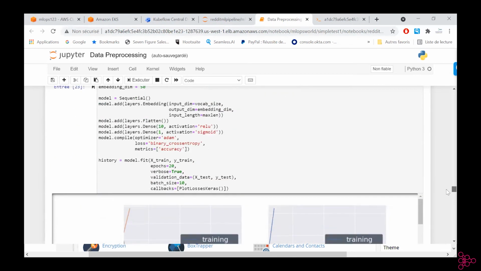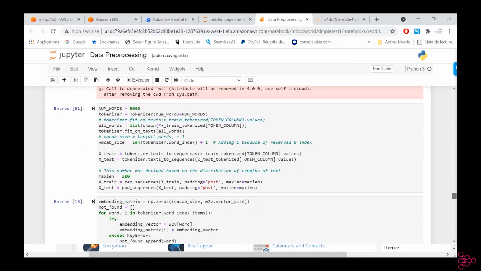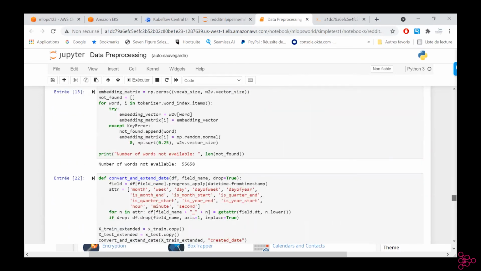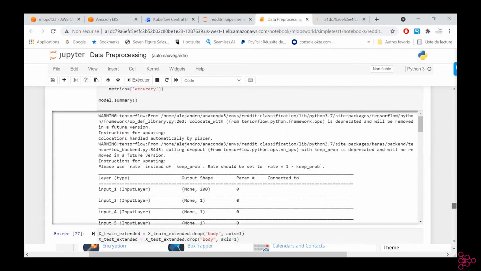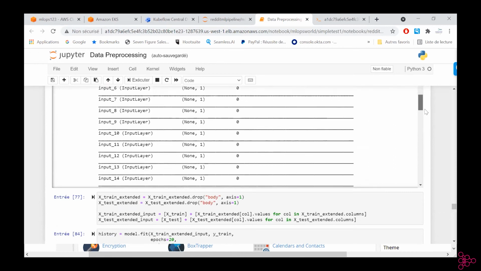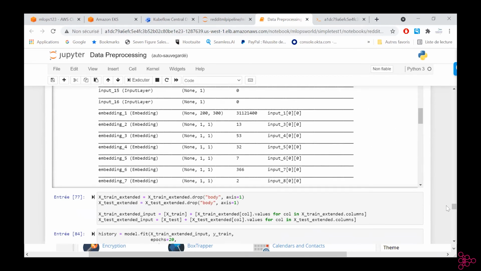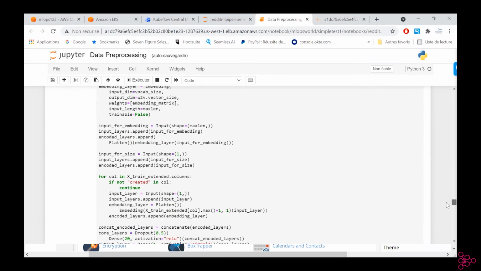Here again, they tried the deep neural network. So they add an embedding layer.